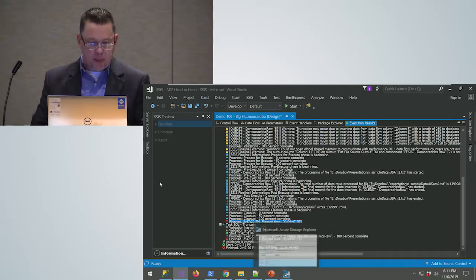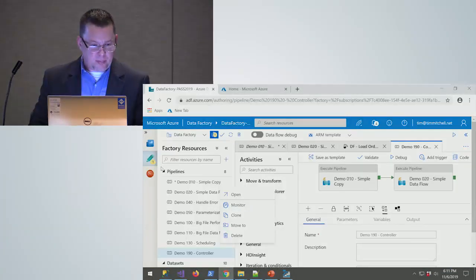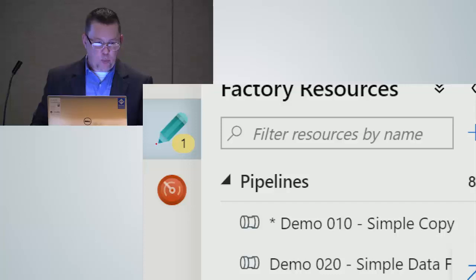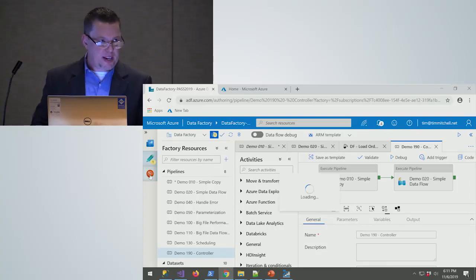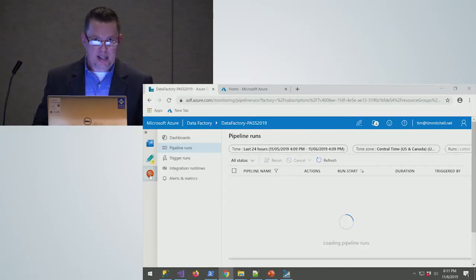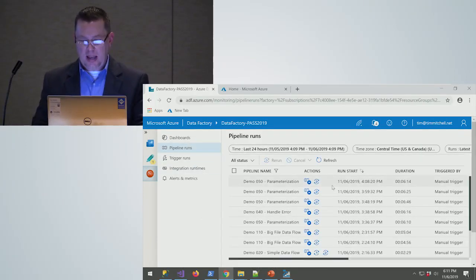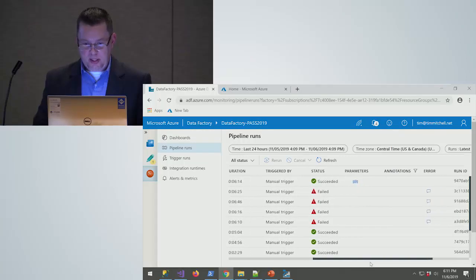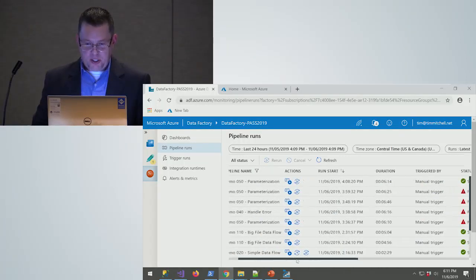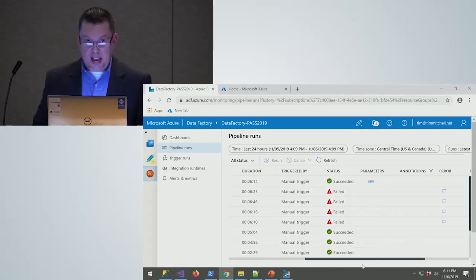If I want to see the same information from ADF, I'll go over to the left-hand side right below the Author button. I'm going to go to the Monitor button, and this will show me all the executions that I've run through the ADF integration runtime, how long they ran for, what the result was, and if there are any error messages, it's going to show me this. Now, you can see that I ran several integrations here. Several of them failed. The last one that I ran did succeed.